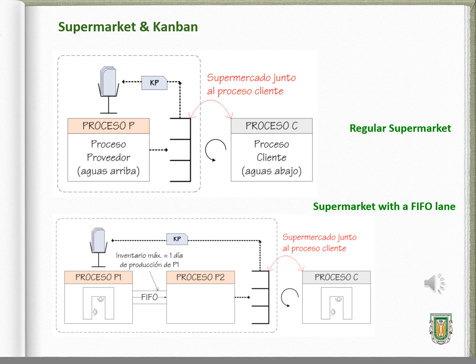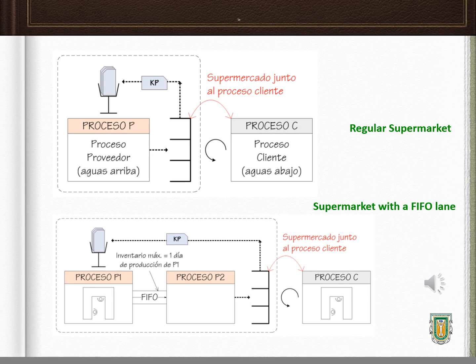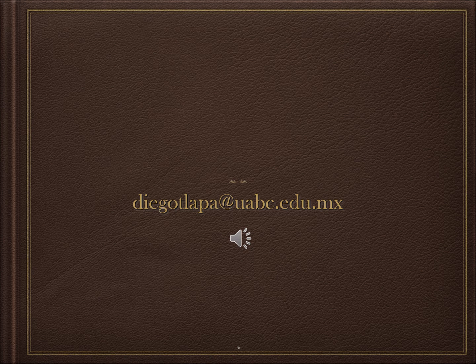This Kanban travels to the supplier process, upstream, telling it exactly what, when, and how much to produce. The supplier replenishes the supermarket with the same quantity that was withdrawn. The cycle repeats, preventing shortages but avoiding overproduction. In the following presentations, we will delve into Kanban and other concepts,